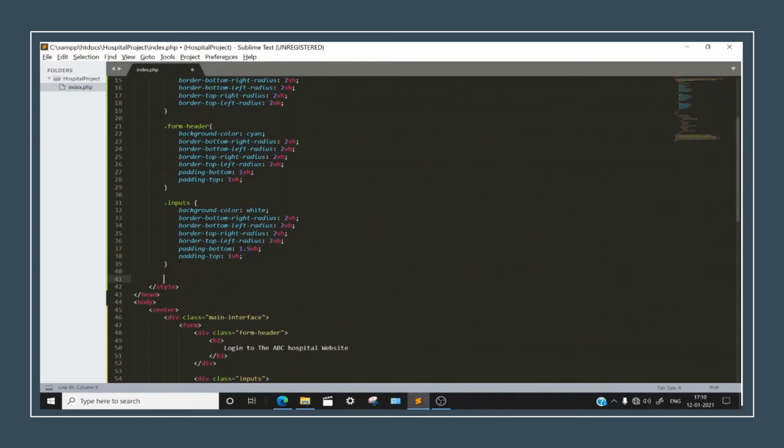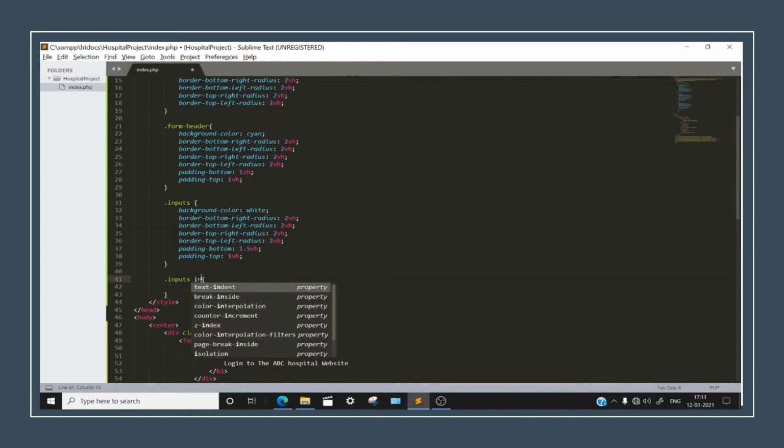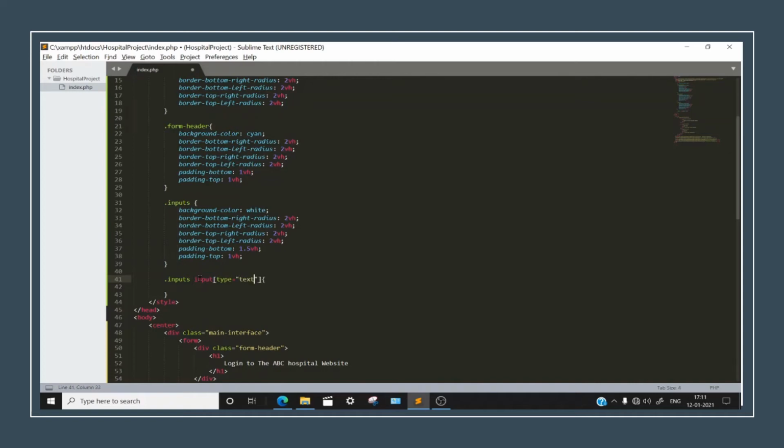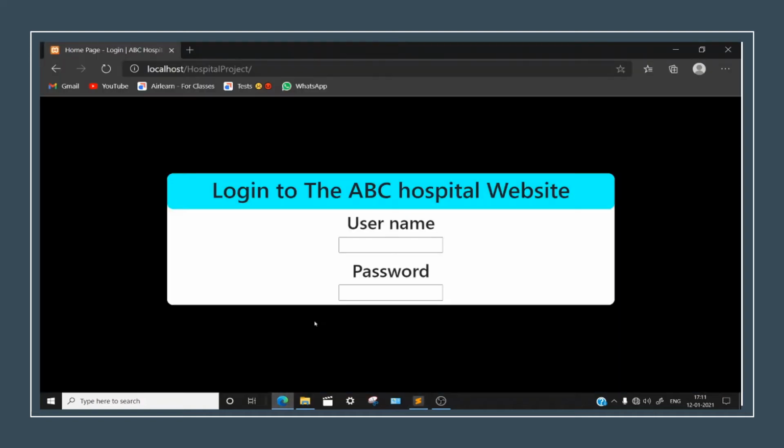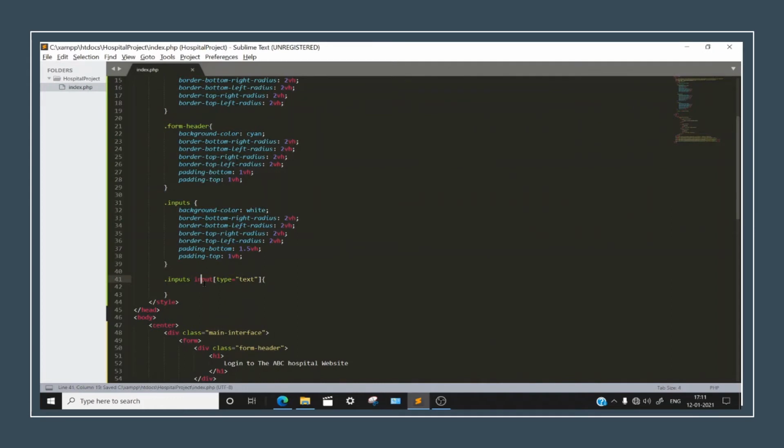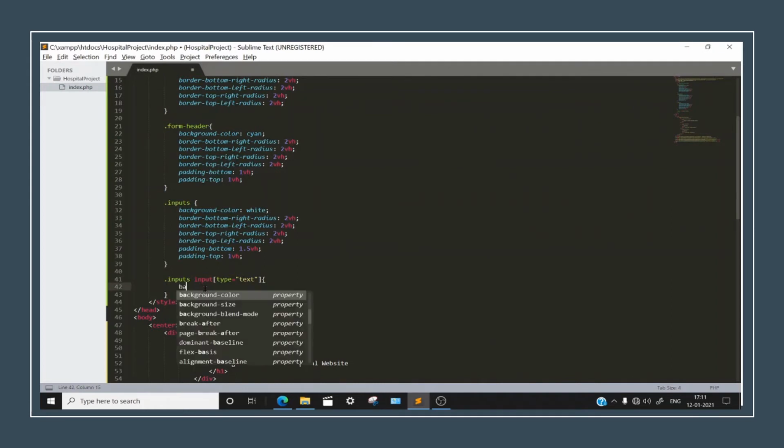Well, what we'll be doing is dot inputs, and now we'll be doing input and making a square bracket, type equals text. Okay, Control R, all fine. Let's change the background color. Why am I doing this for each and everything?